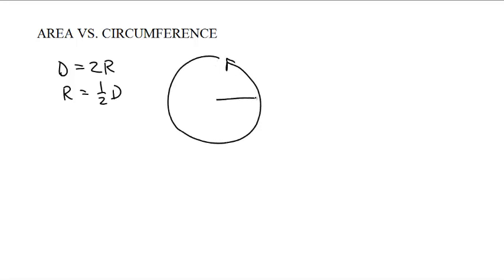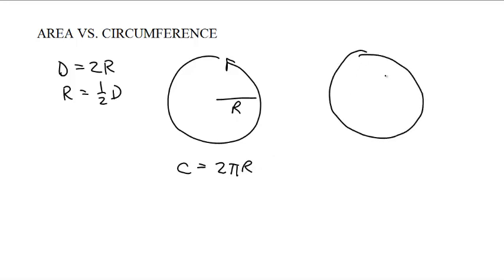Now, so far today we've come up with three formulas. We've got the diameter is 2 times the radius. The radius is 1/2 of the diameter. More importantly, we have the distance around a circle of radius r. The circumference is 2 pi r, and we've got the area inside a circle of radius r